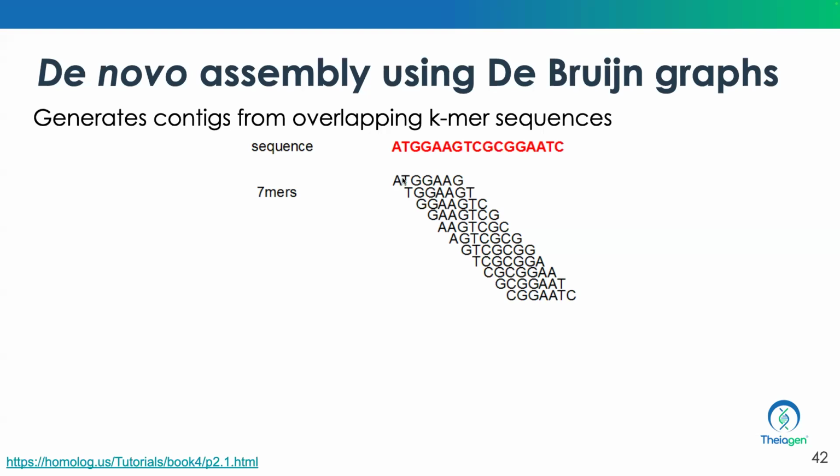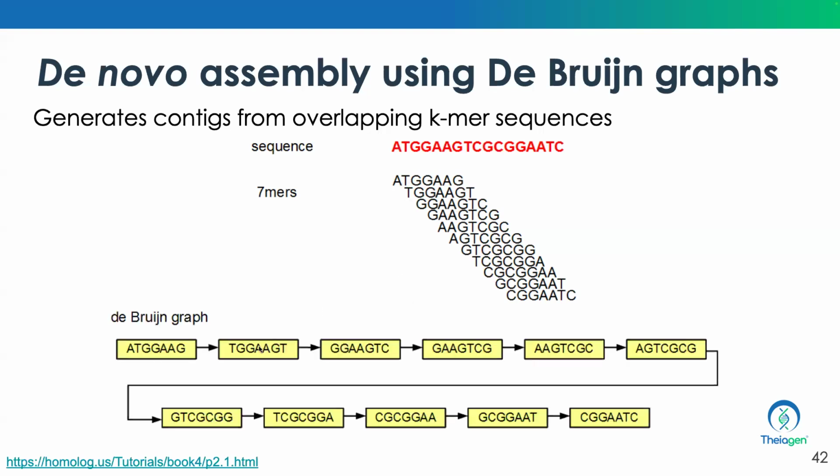So you can see, it's having a sliding window of 1 base. So you have the first 7 bases and then it slides by 1 base and continues that way. So you have all these 7-mer sequences spread out across the read. And then, of course, you have many reads with these k-mers, and you use the De Bruijn graph to build